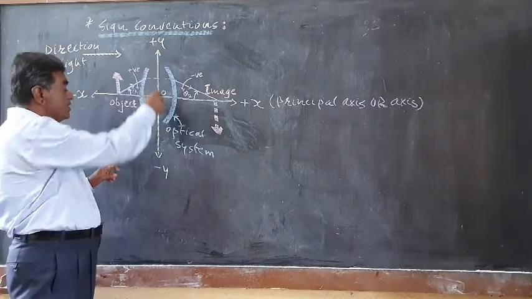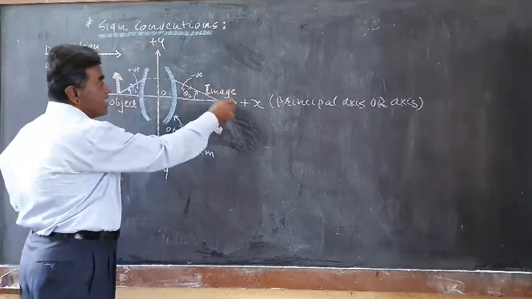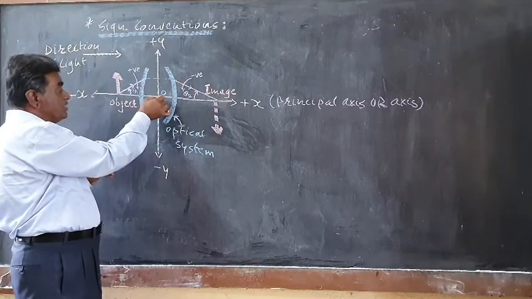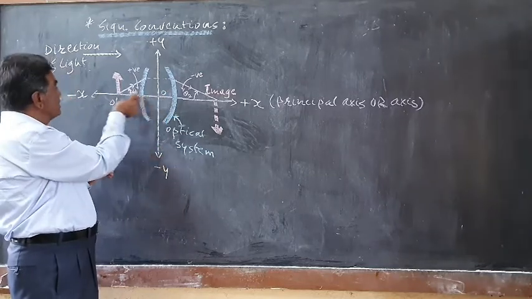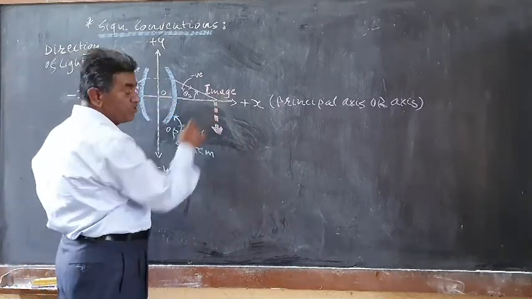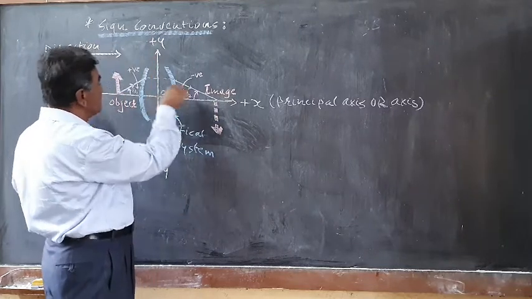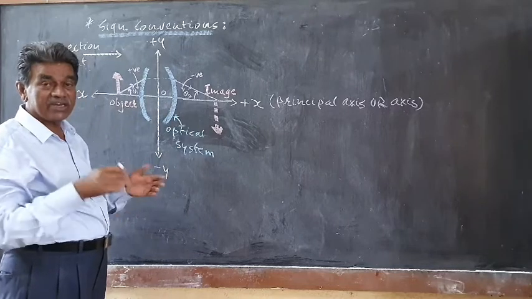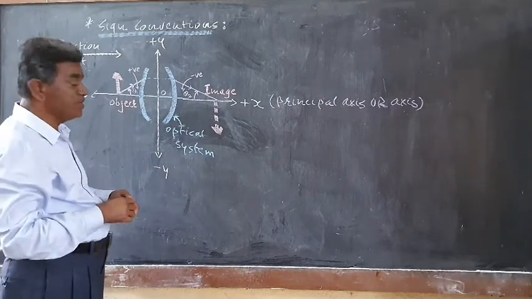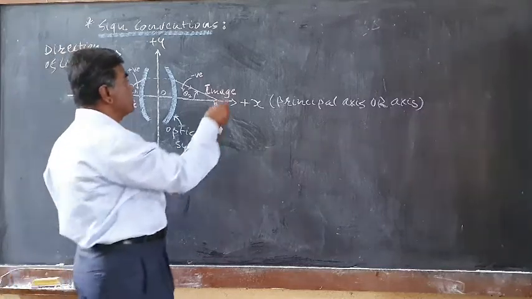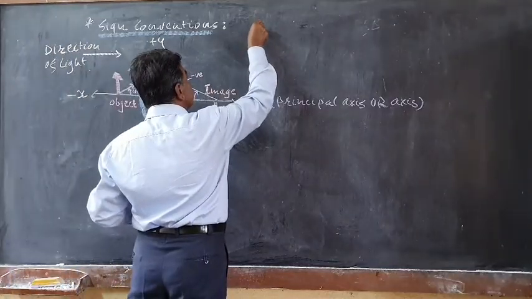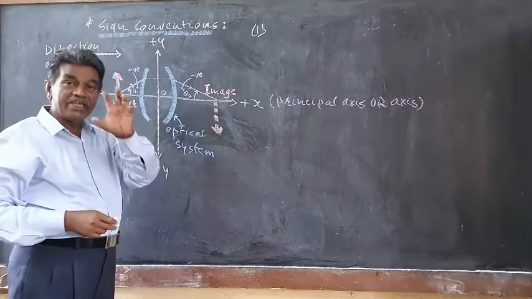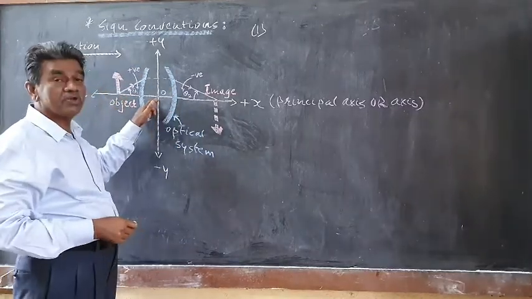Here is the y axis, here is the x axis, here is the positive y direction from the origin, here is the negative y direction, here is the negative x direction, and here is the positive x direction. So how can this coordinate system be used for the sign conventions that are important in geometrical optics? First of all, remember that the optical system, which is shown here, is considered at the origin of the geometrical system.